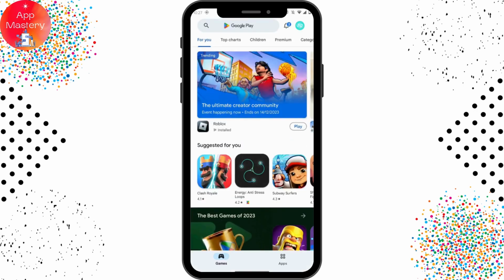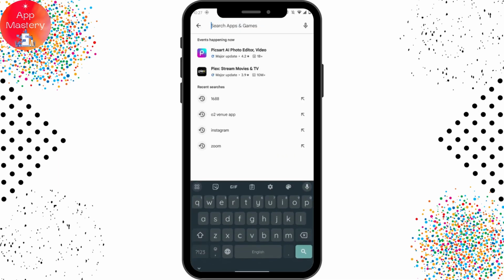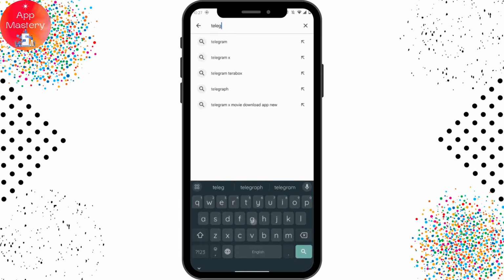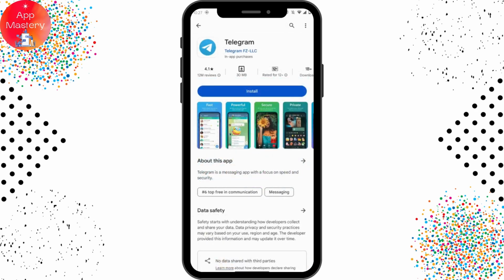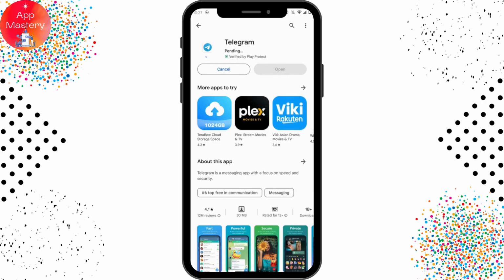and then go to the search bar, which is on the upper side, and search for Telegram. And after searching, here you will have the application. You can simply tap on install, and it might take some time depending on your data or your Wi-Fi connection to download. After downloading, you will have an open option on the right side. You can simply tap on that open,